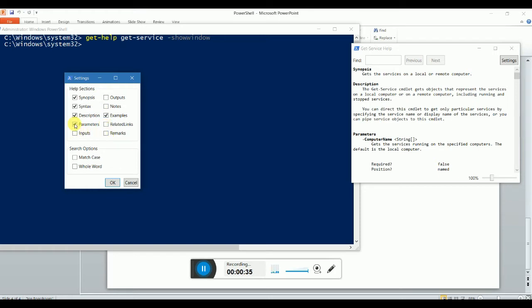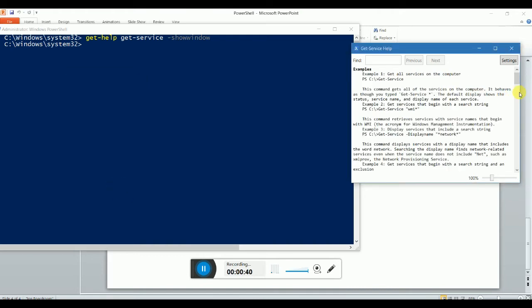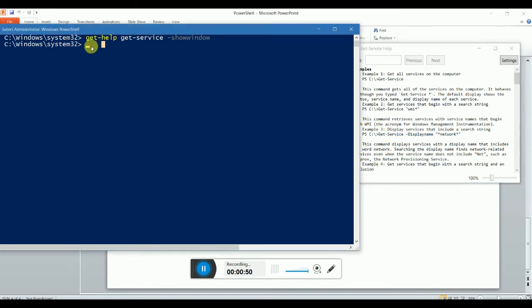Okay, just show me the examples. I don't want description, nothing. Just show me the examples. Okay, copying stuff is easy over here. I can just check that. I don't have a mouse over here. Get help, get services. By the way, you can use tab. It's just autocomplete. And if you miss, shift tab to roll back,